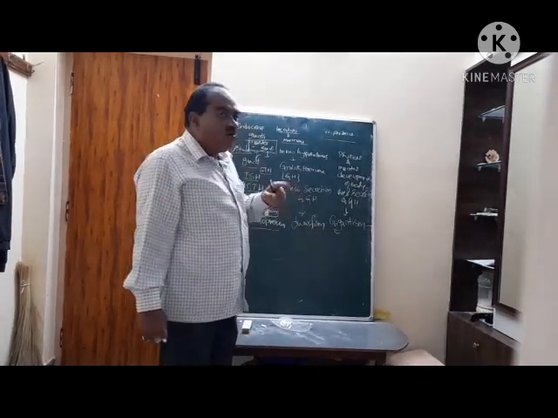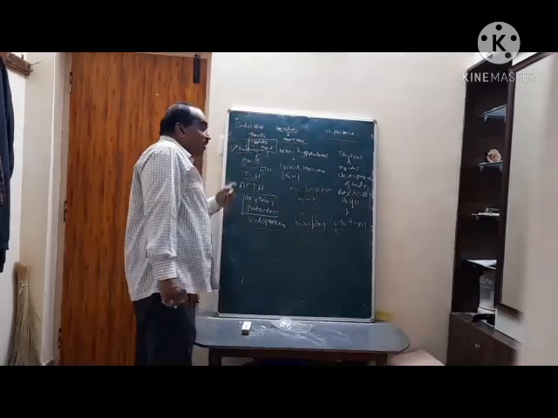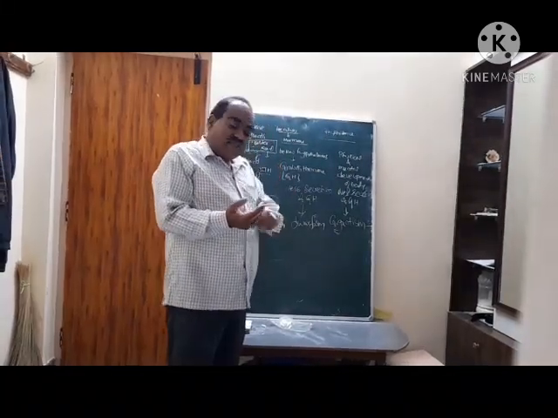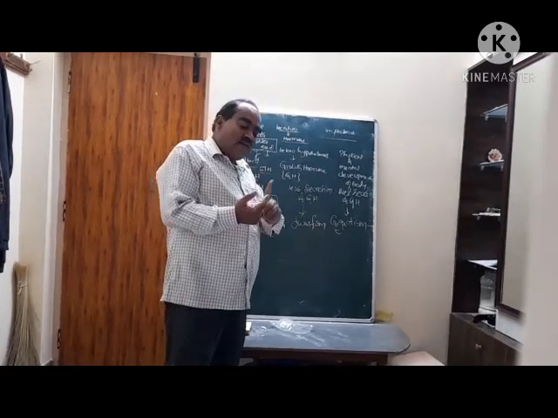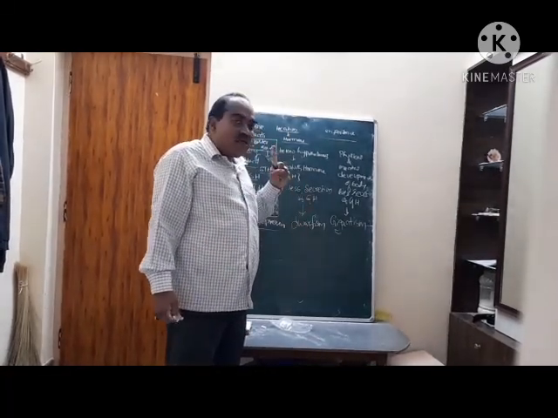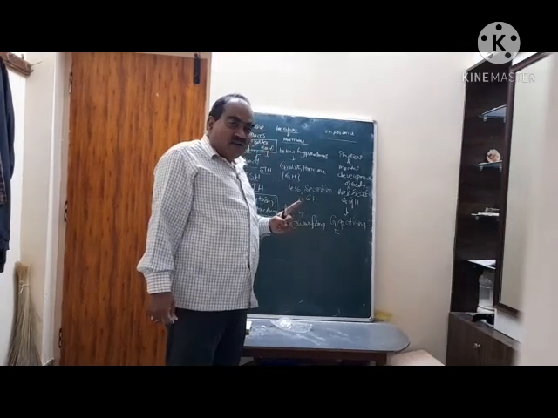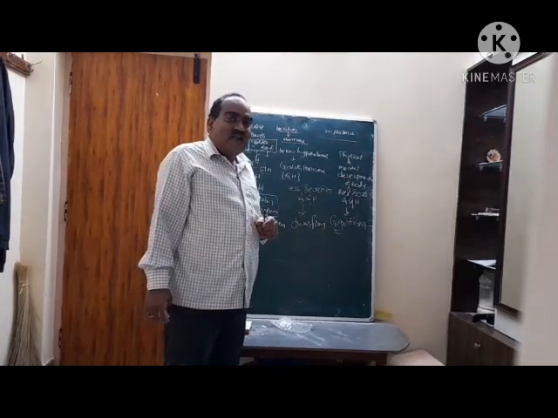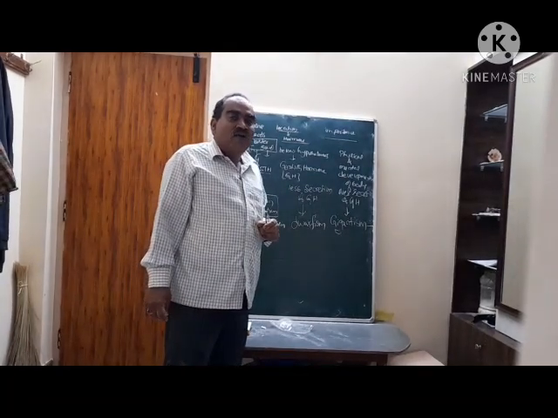Next, one more endocrine gland is the thyroid gland, then the pancreas, the adrenal gland, the testes in male and the ovaries in female. The importance of these other endocrine glands will be discussed in the next class. Until then, thank you one and all.